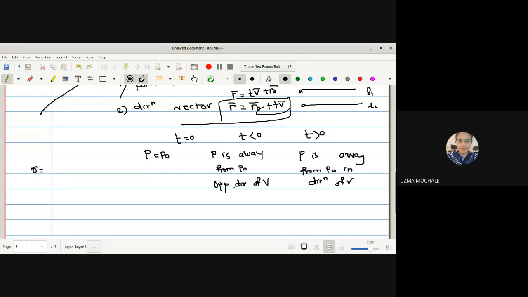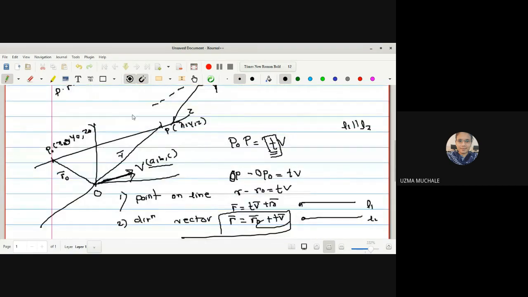Okay, let us make use of this. R is equal to R naught plus tV. What is this R? R has position vector x, y, z, an arbitrary point. R naught has coordinates x naught, y naught, and z naught, because R and R naught are nothing but the distances from the origin for the points P and P naught. Correct? You can see here P is there, and R is the distance from origin to P. R naught is the distance from origin to P naught,